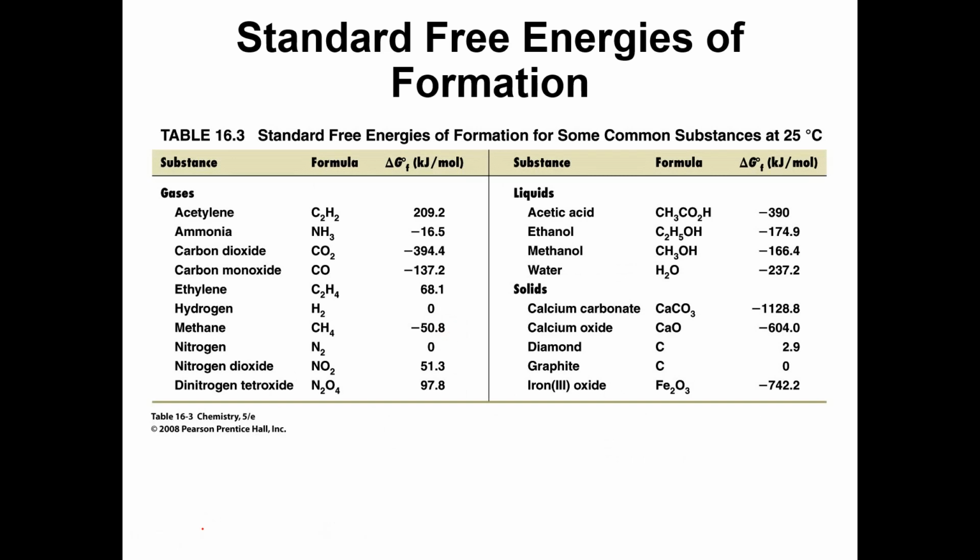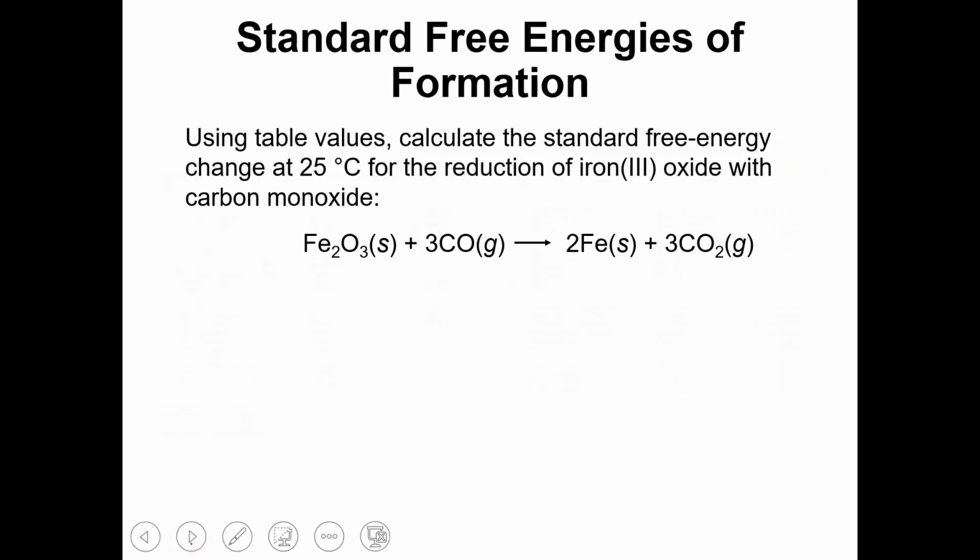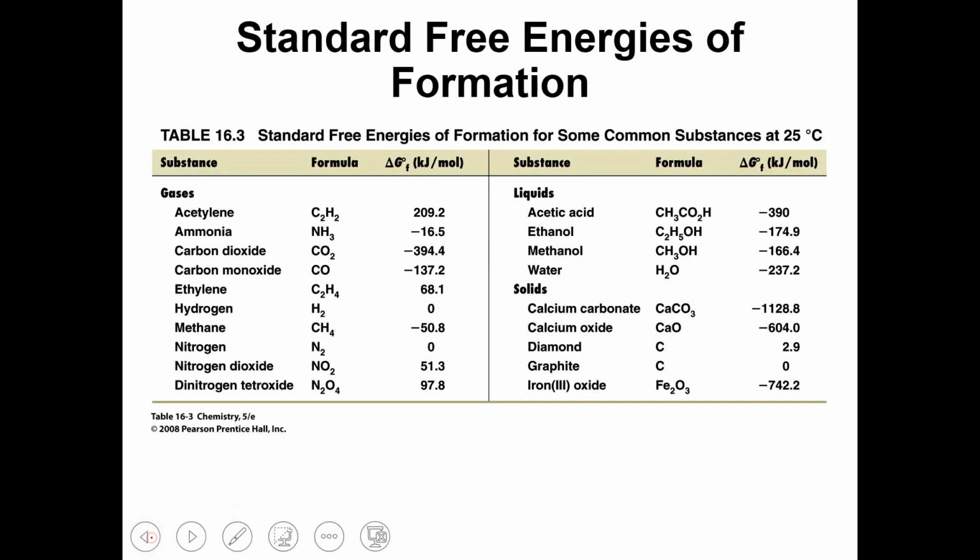So here's a table that shows some of the values for different substances, and you also have a table in the appendix of your book. Using the values given in the table, calculate the standard free energy change at 25 degrees Celsius for the reduction of iron 3 oxide with carbon monoxide. So if you look this up in a table, or look back at the table we have here,